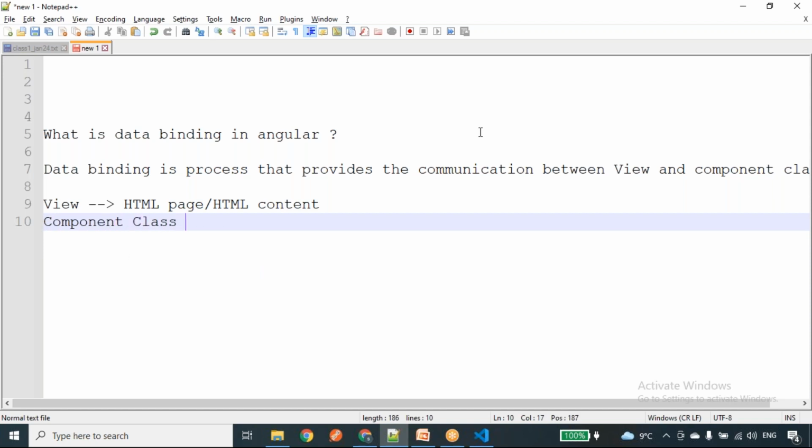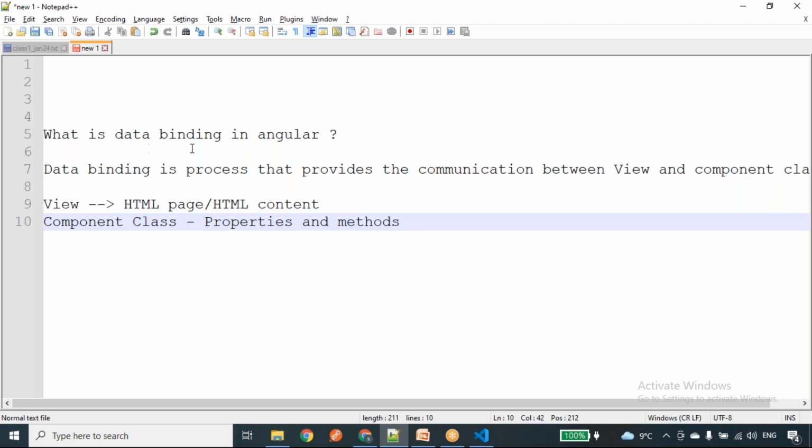The component class is where we define the properties and methods. Sir, why do I need to define the properties and methods in the component class? If you want to write the business logic or the functionality, we do everything in the component class. Whereas if you want to define HTML elements like paragraph or heading elements, or show some list kind of elements, we define all those things in the view, which we can call an HTML page or HTML template. The end user is going to see all the HTML content by using the view.